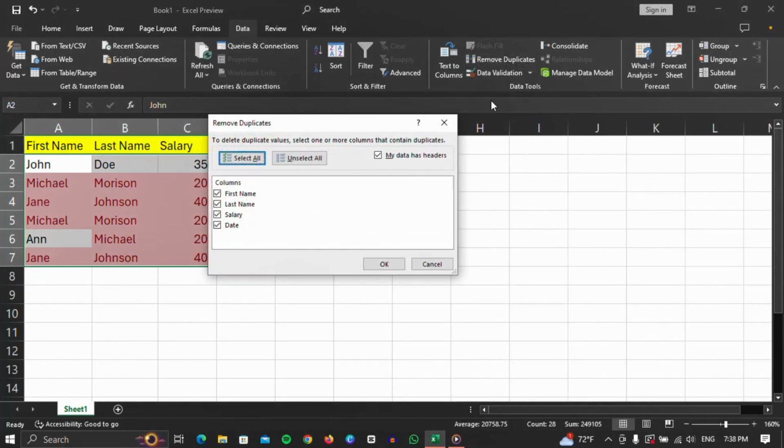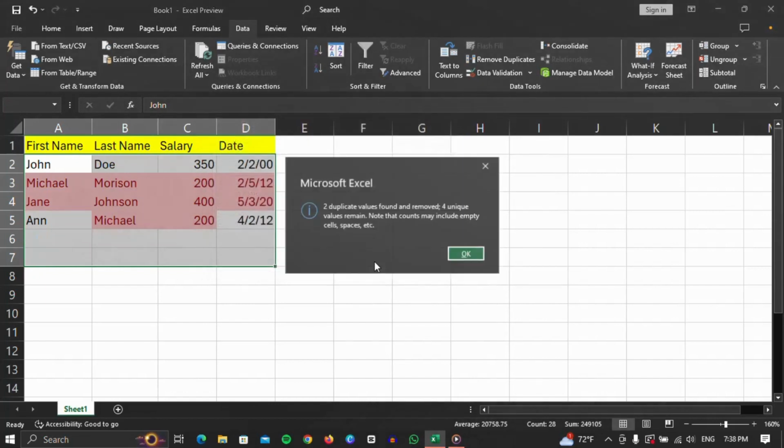A new window will open in which we can choose the criteria for deletion. As we want to delete only the same rows, we will leave everything selected. If you want to delete rows that have only one of the columns, you can do it by selecting only the rows for which you want this rule to apply in this list. As I already said, we will only take into account total duplicates, so we will leave everything selected and click